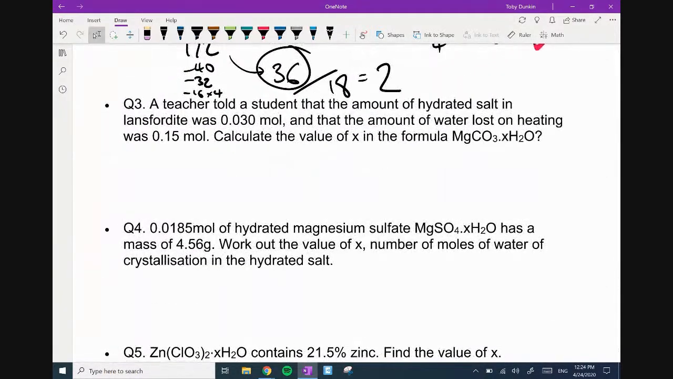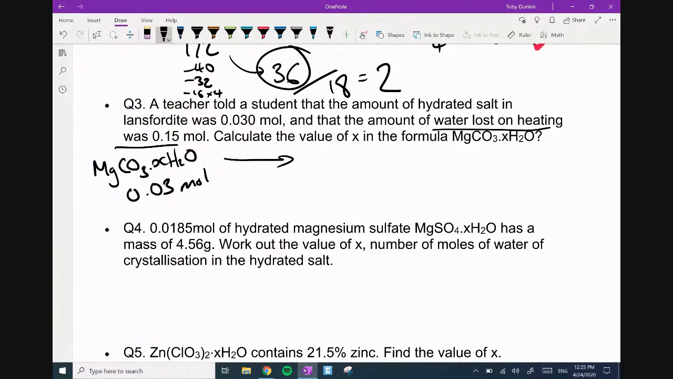The teacher told a student that the amount of hydrated salt in landfodite, magnesium carbonate, or never heard of it, is 0.03 moles. The amount of hydrated salt in landfodite. Right, so we've got MgCO3.XH2O, and they've given it to me in moles. How fascinating. And it then says the amount of water lost on heating was 0.15 moles. Okay, so we're going to heat this, and we're going to have MgCO3 left behind, along with H2O. And it tells me that I've lost